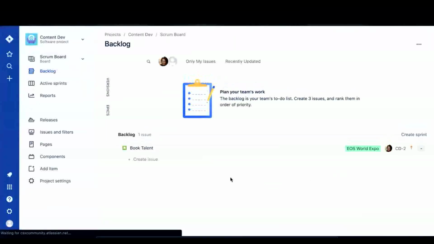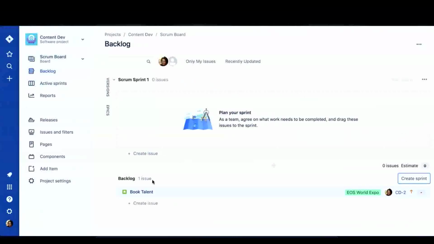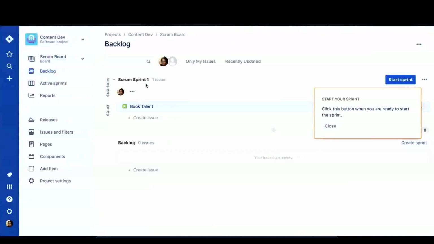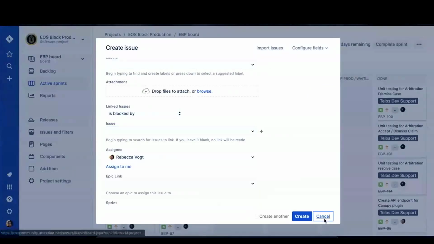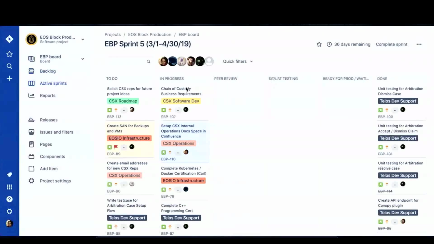All right. Yeah. This is what it looks like. And so here you can create sprint. And if you'll have more than one story when you're creating a sprint, you just drag what you want into the sprint, and then your backlog should have just a huge list of issues. So let me go over into EBP. This one's a Scrum board. If you go into the backlog,